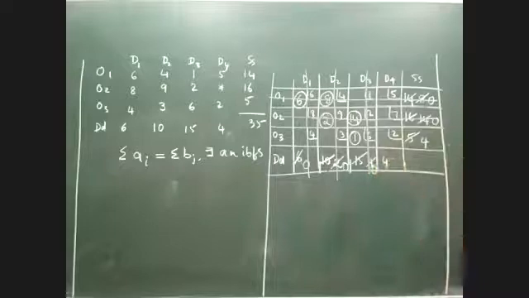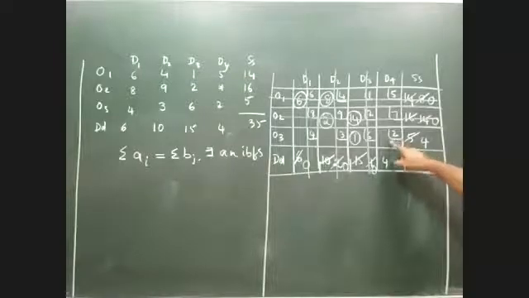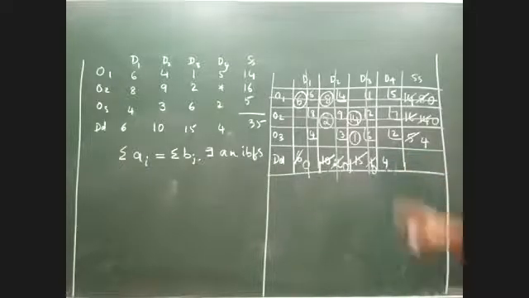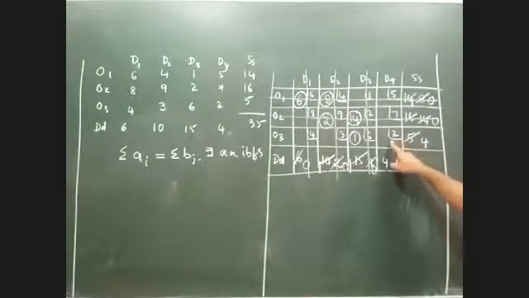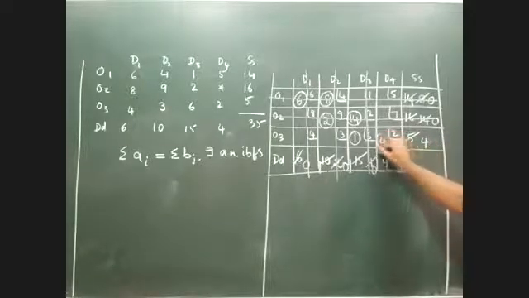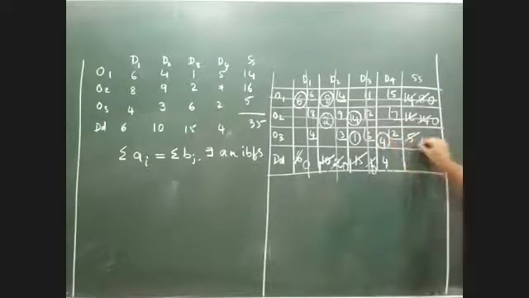I think if you remember last class, I made it very clear to you. If at all your allocation is correct, then whatever last value is left, the demand and supply will exactly match. I can see that the only element left in the entire table is 2. The corresponding supply as well as demand is the same, which will finally clear that the entire demand and supply should become 0. So since this is the only element left, the entire 4 can be given here. If I'm giving the whole 4, this also becomes 0 and this also becomes 0.